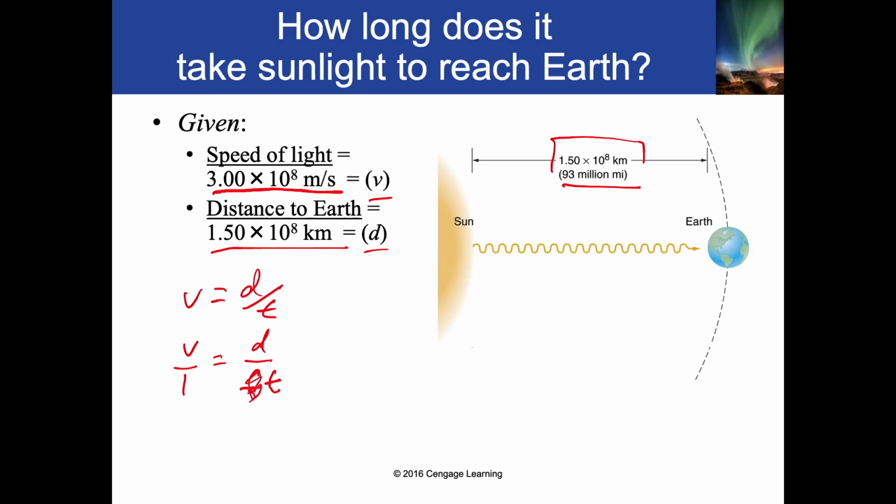You can put t over there and v down here. So now, t equals d divided by v. It's called cross multiplying, remember? Okay, so that's pretty simple. All we have to do now is put the distance, which is 1.50 times 10 to the 8th kilometers,